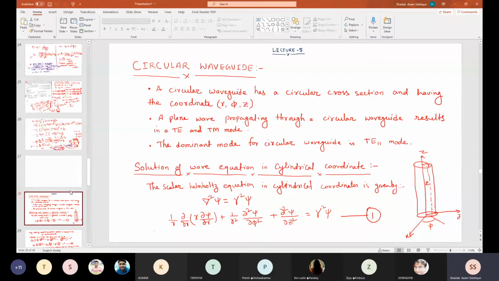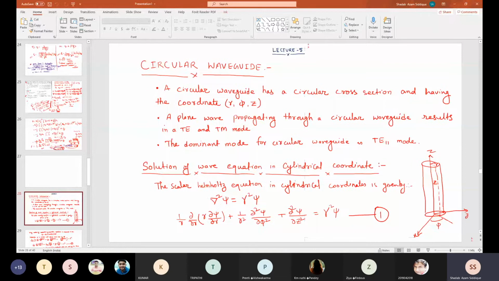Now in the circular waveguide, first of all, what is circular? Circular means we need a circular cross section. So we have a pipe-like structure whose cross section is circular in shape. In the rectangular waveguide, wherever we cut, the cross section is a rectangle, with dimensions a along the x-axis and b along the y-axis. Similarly, here we have a circular waveguide with a circular cross section, and the coordinate system will be